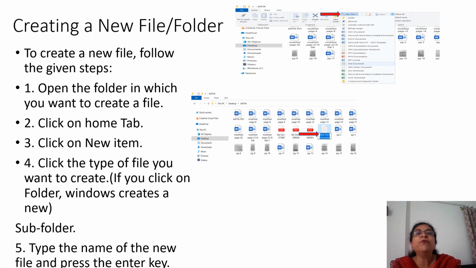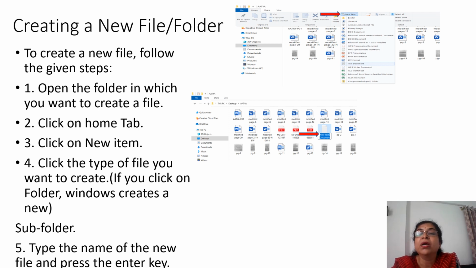Now, creating a new file or folder. To create a new file, follow the given steps. Open the folder in which you want to create a file. Click on the Home tab. Then click on New Item, as shown on the top screen with the red arrow.